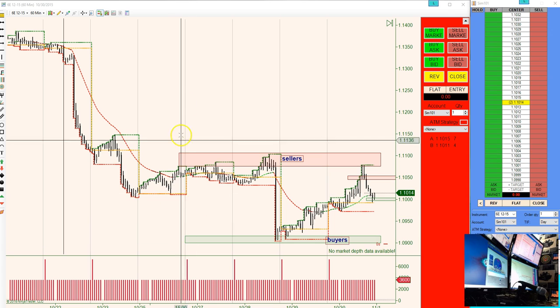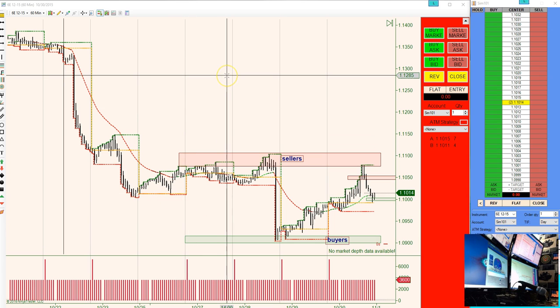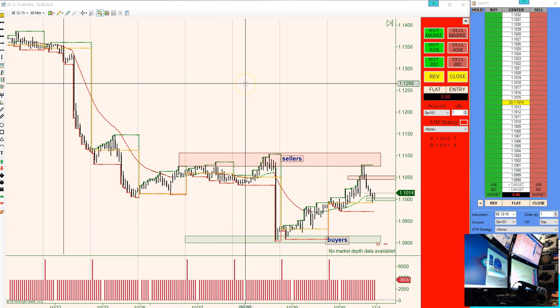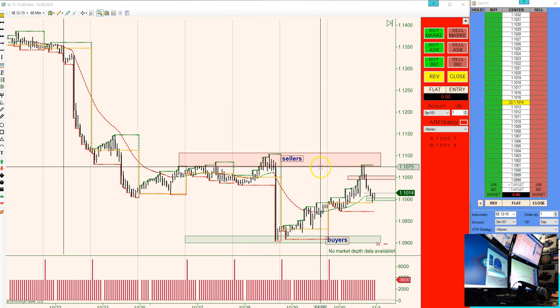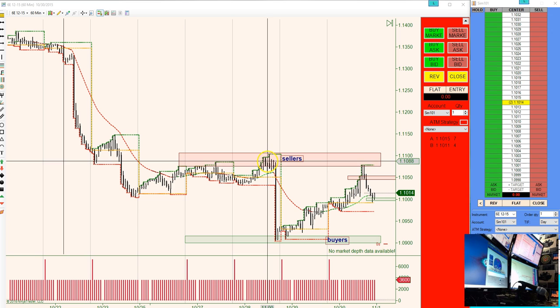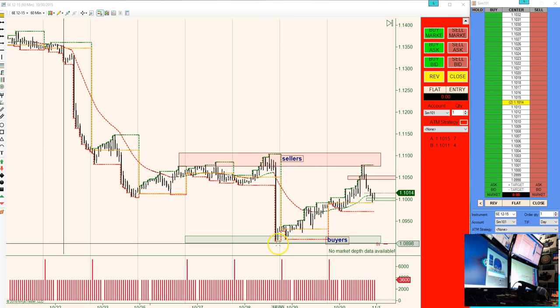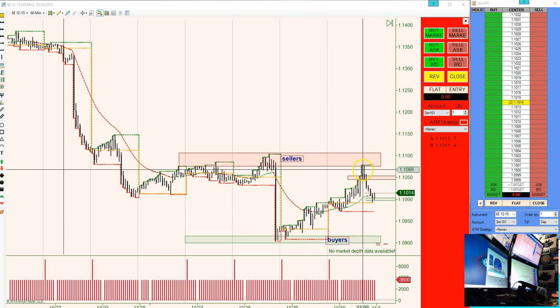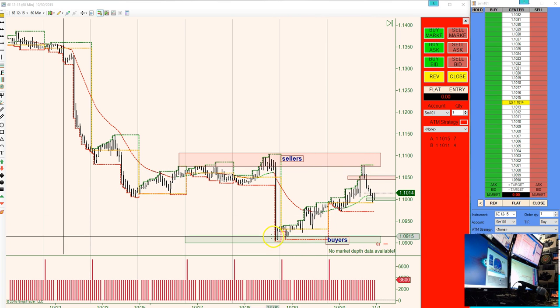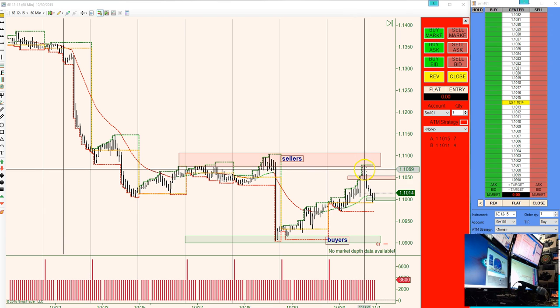So I switched to a 60-minute chart here just to make things easier to see, and I've marked this area here. This is prior to the release of FOMC last week, and typical of what happens is we get a big spike down or a big spike up on FOMC, then the market does a 100% retracement. It does this a lot. So this kind of move up right here, this was expected,